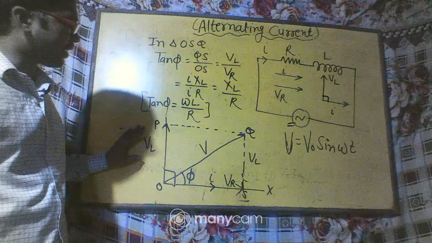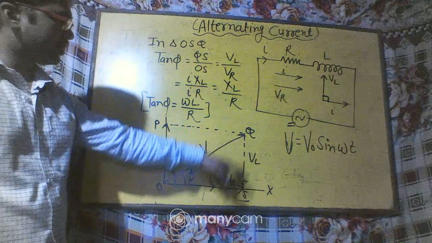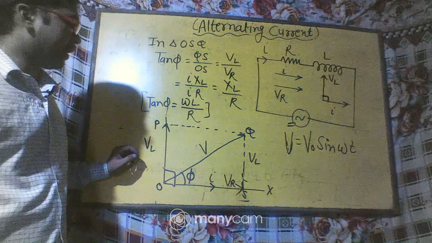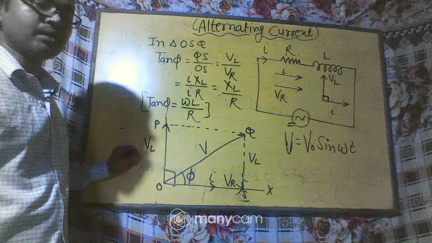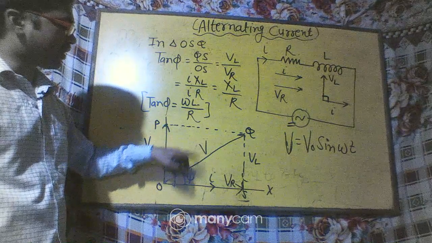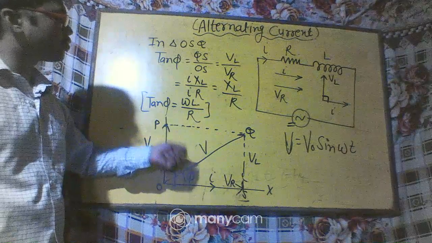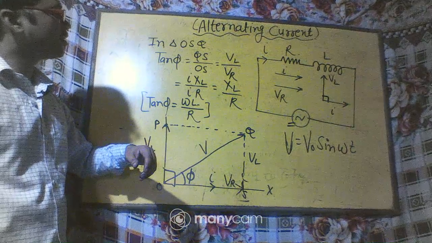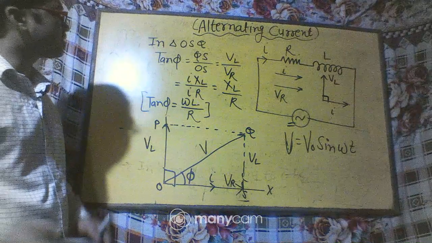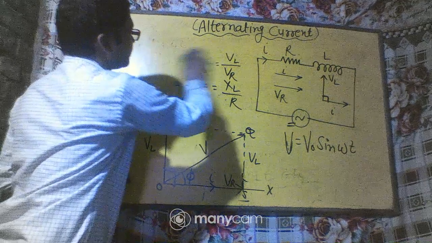So in this topic the most important point is this phasor diagram. If you will be able to draw this phasor diagram, you only have to use this triangle, the right angle triangle OSQ, and you will get your required result. You can find out the net voltage, then you can find out the phase angle, and if you get these two things you will be able to find out the equation of current.